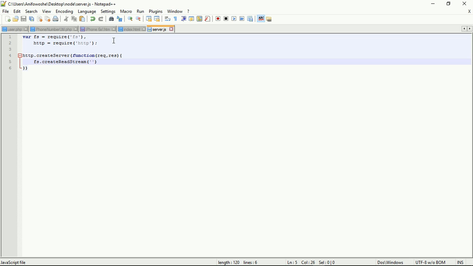So the index.html page you want to serve from our server.js, or from our Node app, exists in the same folder. Since they exist in the same folder and at the same level, we would just need to write index.html. Then after the file system has read the content of the index.html page, we want to show the user the result. In order to do that, we need to pipe it out to the response. Remember I told you the response contains what the user sees. So you would need to write pipe